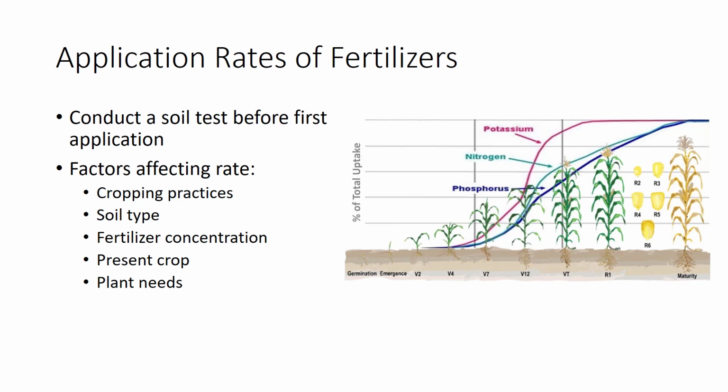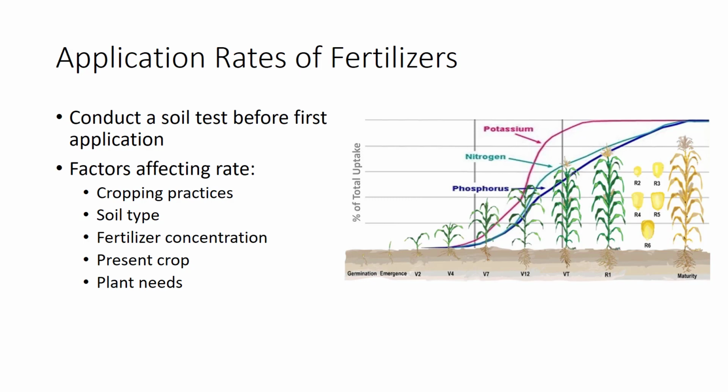The application rates are determined by a variety of factors. To be absolutely sure how much fertilizer to apply, run a soil test before the first application. A soil test not only provides when and what fertilizer to apply for a specific crop, but also, more importantly, when fertilizer is needed. This is very important because over-fertilization is much more serious than under-fertilization, because once nutrients are in the soil, it is very difficult to remove them, and plants are typically injured more by excessive nutrients than